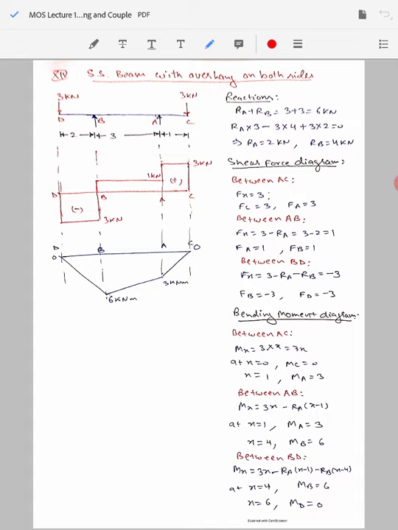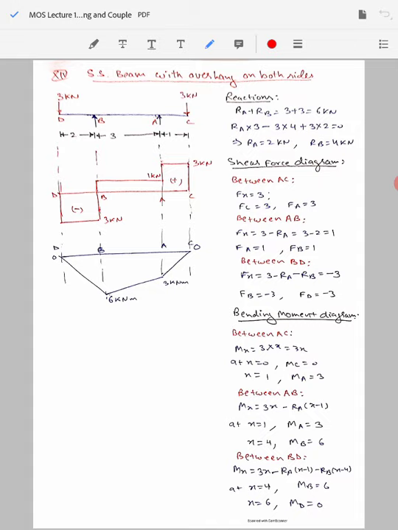so it is extending beyond the support A and support B also by a distance of 1 meter and 2 meter respectively, and it is subjected to the point loads of 3 kilonewton on both the sides of the overhang. Now to draw the free body, the shear force and the bending moment diagram for such a case,